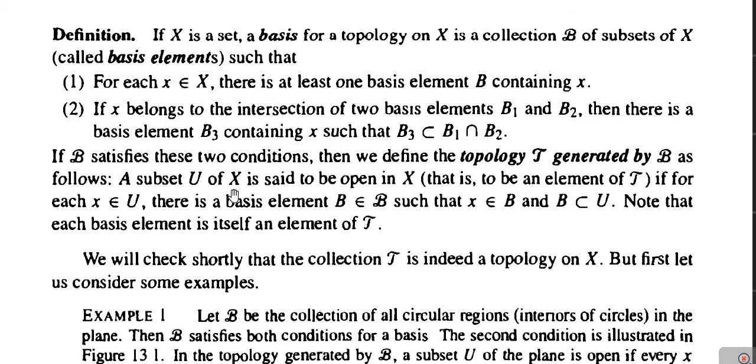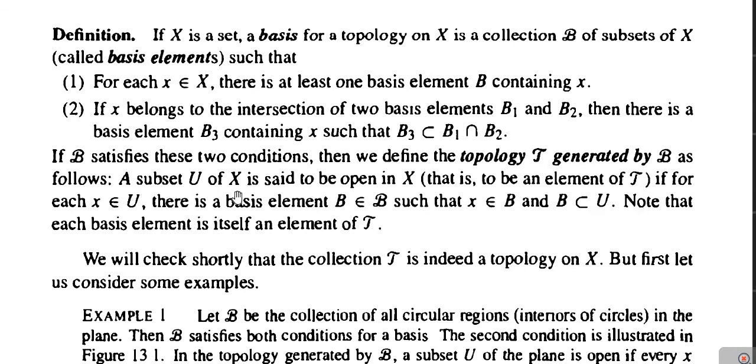A subset U of X is said to be open in X, that is, to be an element of tau, as we know that elements of the topology on X are called the open subsets of X, if for each x belongs to U, there is a basis element B belonging to script B such that x belongs to B and B is contained in U.